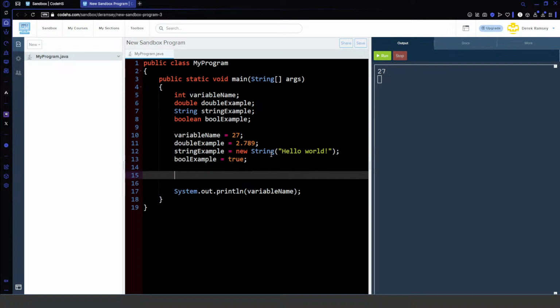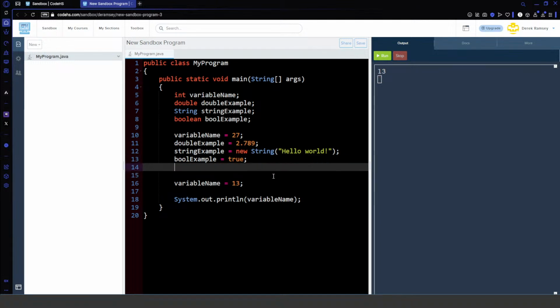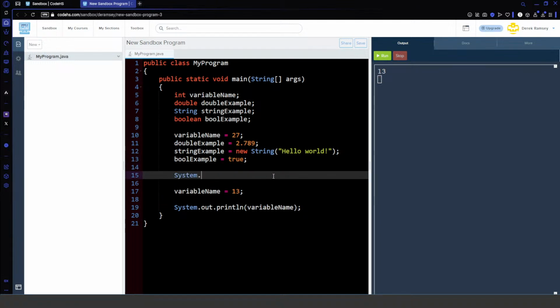Now, if that value changes, then what's going to print out is going to be the most recent assignment of that variable prior to that print statement. Right? So if I press the run button now, it's going to tell me that variable name equals 13. So we can run this. You can see that variable name equals 13. Now if I put system.out.println